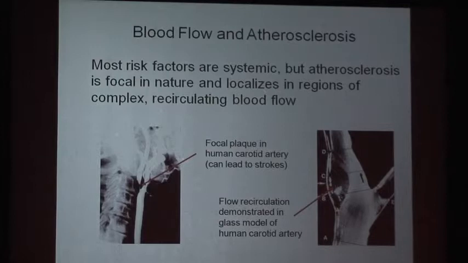So what is the connection to blood flow? Most of the risk factors for cardiovascular disease, and this is true for atherosclerosis, aneurysms, and other disease, are systemic. A disease like atherosclerosis, however, is very focal in nature. I showed that example in the common carotid, the branch of the common, internal and external carotid artery, a very focal narrowing. And it's through experimental fluid mechanics techniques, visualization techniques, laser Doppler anemometry, and other techniques